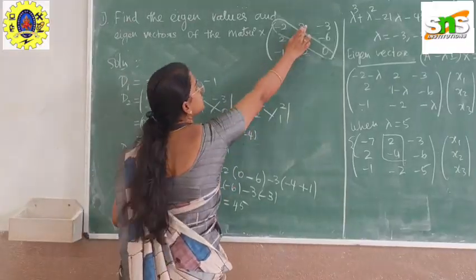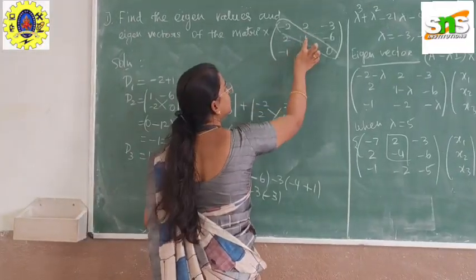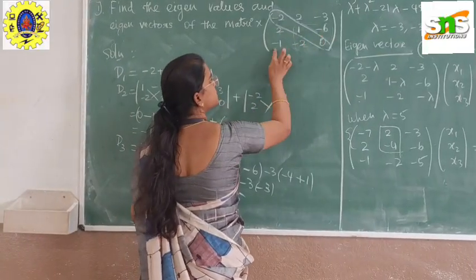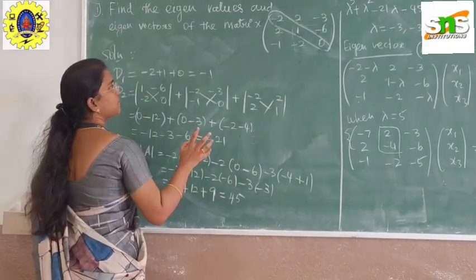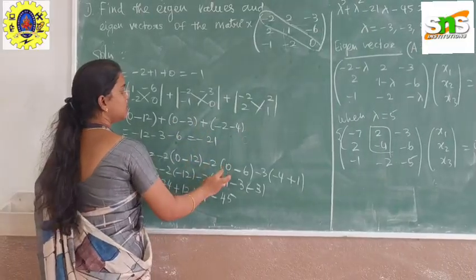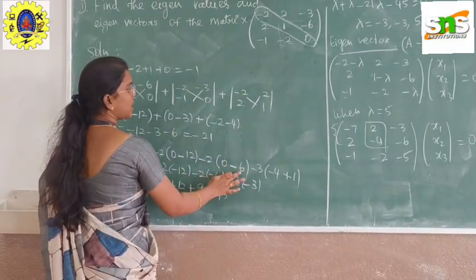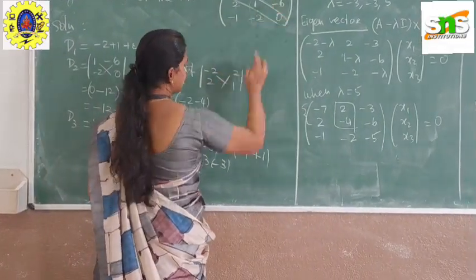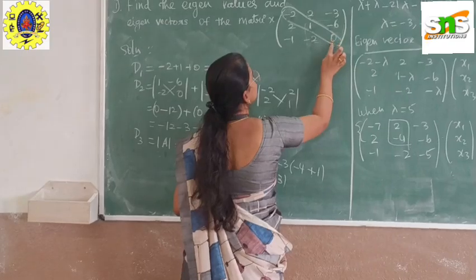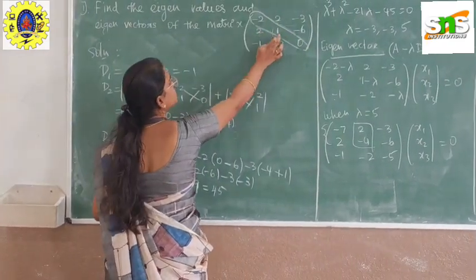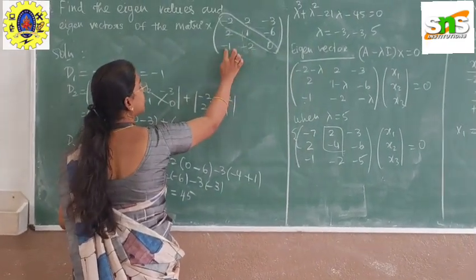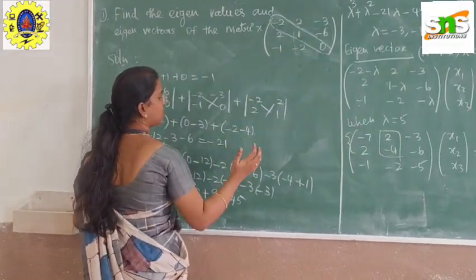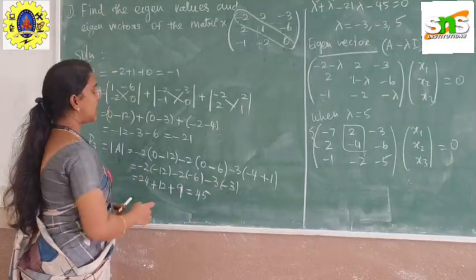Then minus this term, which is 2. So I am going to hide 2's column and row. So I will get the determinant of 2, minus 6, minus 1, 0. We have to simplify that. From that we are getting 0 minus 6 as the determinant value, which is minus 6. Then minus 3 into, I am going to hide this minus 3 row and column. I am getting 2 minus 2, 1 minus 2, minus 1 minus 2 in determinant form. So from that determinant form, I am getting minus 3 as the answer.